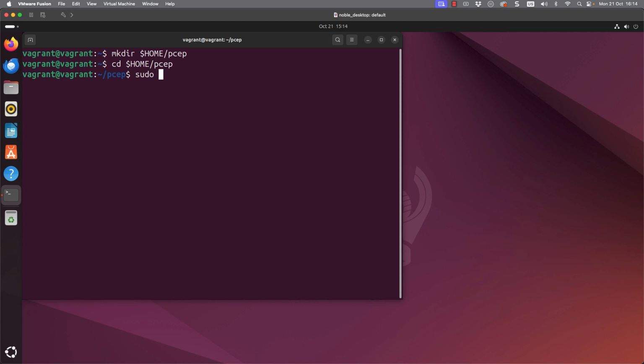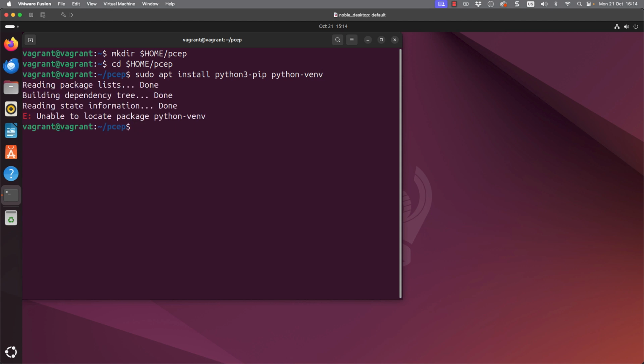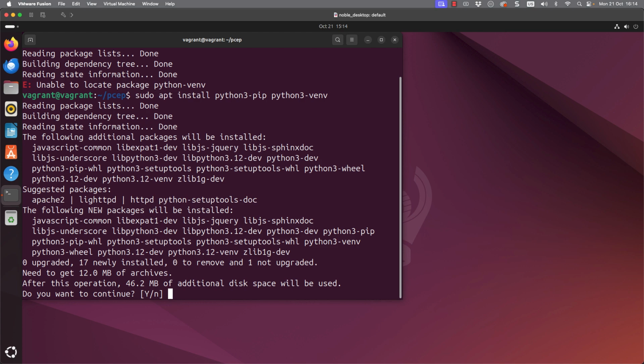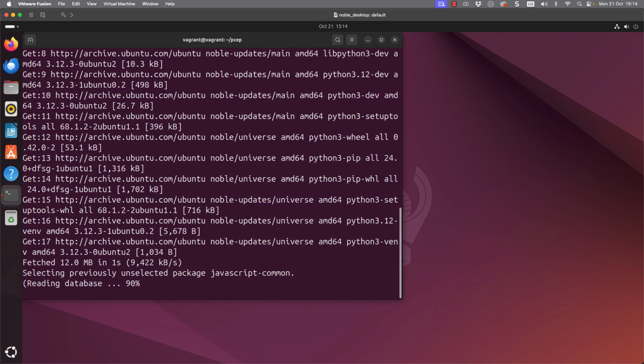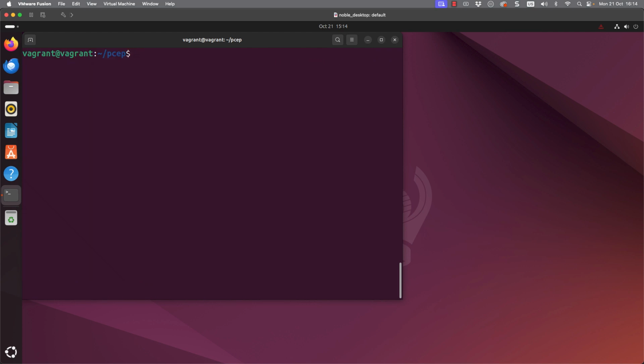Once here, I'm going to install some system packages with the apt installer. So apt install Python 3 and pip. We need the pip installer. And we also then need Python 3 and our virtual environment module. Oops, I forgot Python 3, so let's go back and add that into the second package. Hit the big enter key and then just Y to go ahead. So I know we didn't need to do this on Windows,